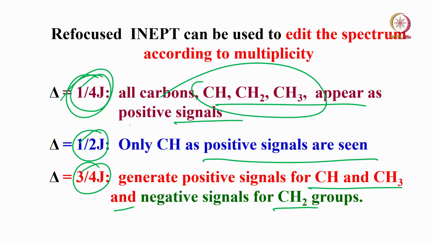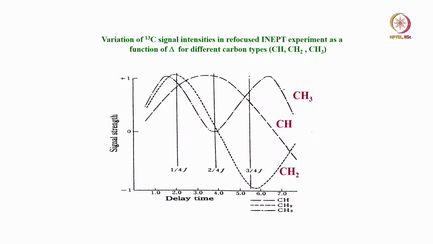But you can use this delay and do the experiment for what is called spectral editing. You can identify which is CH carbon, which is CH2 carbon, which is CH3 carbon using an appropriate delay. Use exactly 1/2J for the last delta, then you get only CH peaks, all others are not there at all. Then I can identify which are the CH peaks in the complex carbon 13 spectrum. This is an advantage. This has been taken from the literature.